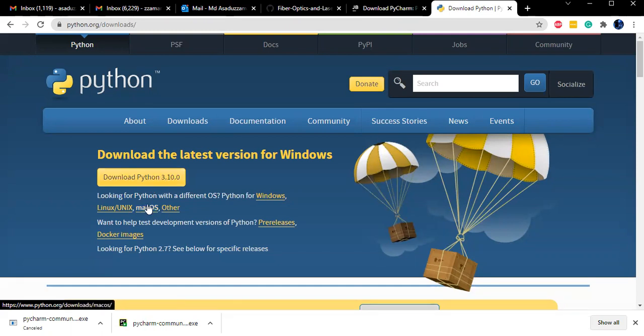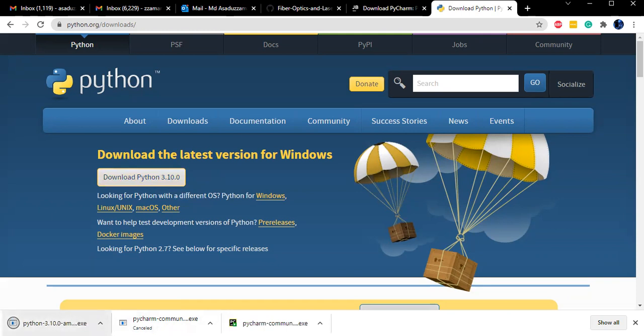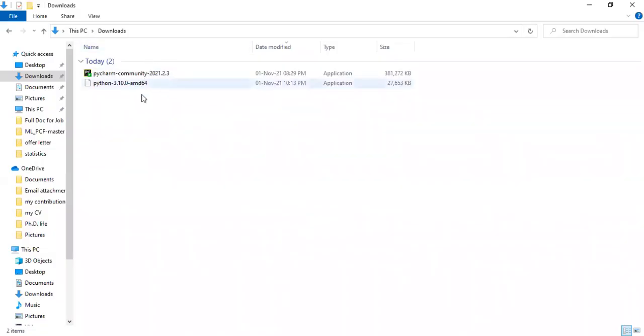If you are a Mac user, just click macOS, and then you will find it like this. Download the Python software according to your operating system, and it will automatically download, and you will find it in your machine like this. Then just click install. So you have to first install these two software in your operating system. After successful install,